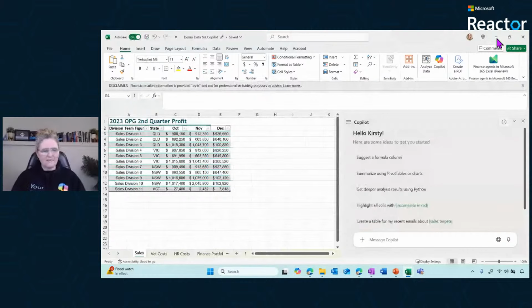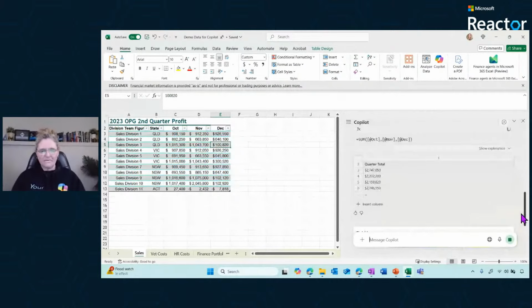But from there, say I've got some data like this. In here, there are some quick buttons, suggest a formula column, for example. Based on this data, it's pretty simple. I've got 3 columns, it's a quarter. So it will probably suggest, first and foremost, you might want to sum this up. Okay, there we go. Sum. And here's the formula. So if I insert that column and have a look at it,